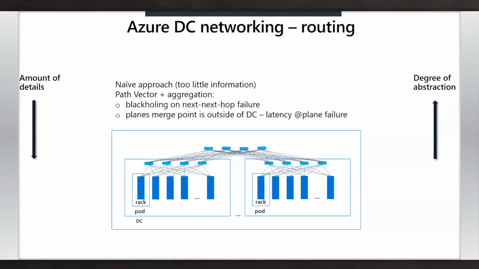So a naive approach is really summarize everything. It's too little information. The problem is it is preventing us from understanding next step failure and can lead to black holing. And when plane gets disconnected, in order to get through another plane, it has to go outside of data center, which brings latency and plane failure. And while not very significant for regular TCP traffic, it really reduces performance of storage, anything that's related to ML and